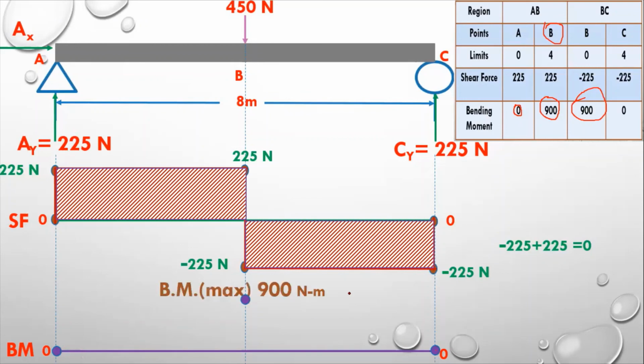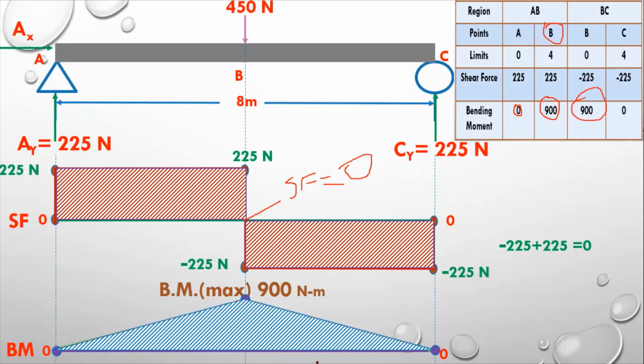So I will write down, this is bending moment maximum, and keep it in mind, wherever shear force is equal to 0, because at this point shear force is 0, according to the diagram you can see, the bending moment will be maximum here. So you will get this bending moment, and this will get down. And now I will shade this triangle like this. So this is the way to calculate. Keep it in mind that here bending moment is increasing, and when you are going downward, bending moment is decreasing. So this is the way to draw shear force and bending moment diagrams.